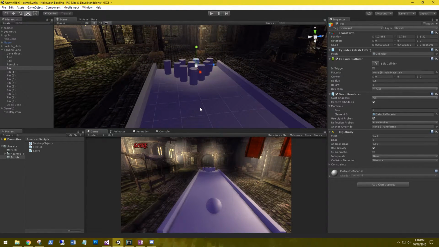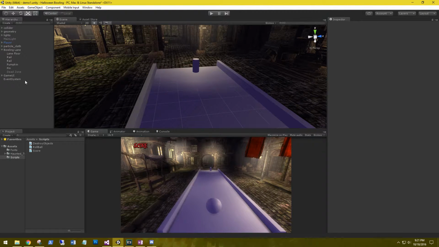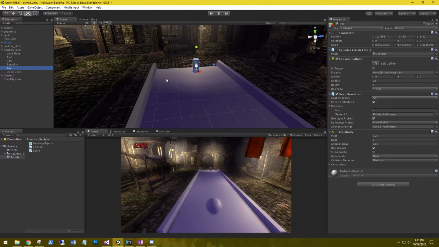For our pins, we need to do two things. We need to see if it was hit and see if it was knocked over. Let's go ahead and delete all the pins except for one. We'll be creating a prefab, so we only have to change stuff on one game object. Just delete all these. And then from our